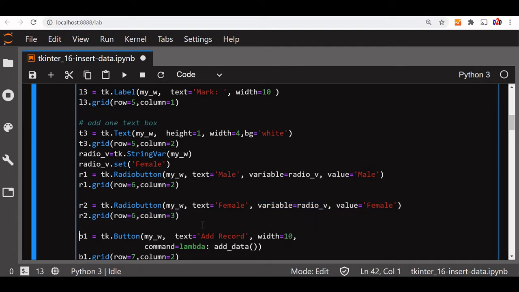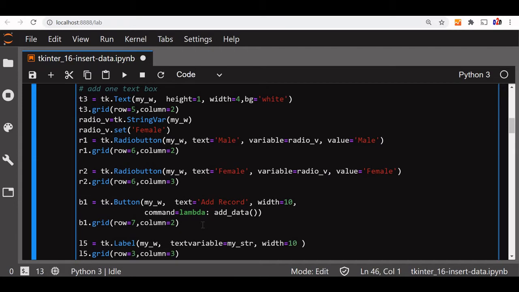Okay, now let's declare another. You must remember we said that the result of our MySQL database input, the success or error message, will be displayed. So for that we have to declare one string variable which will be used in our label 5, L5, which we have already used here.